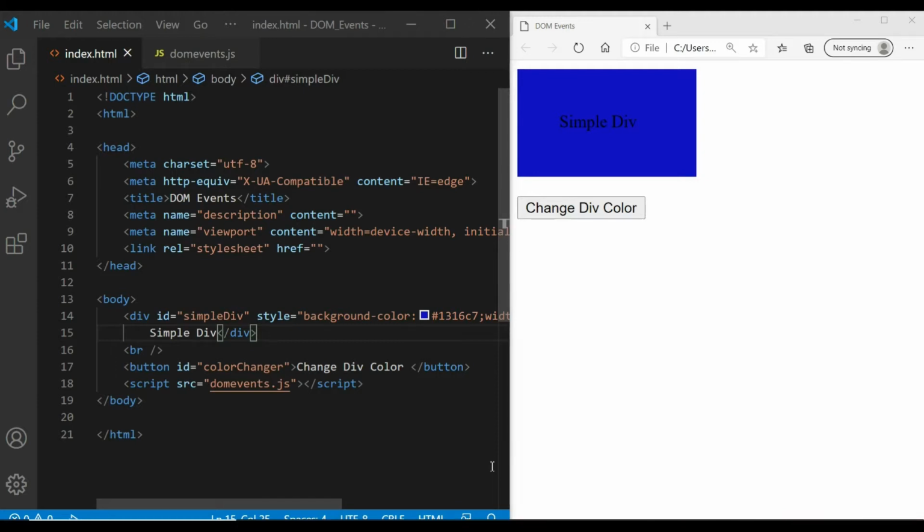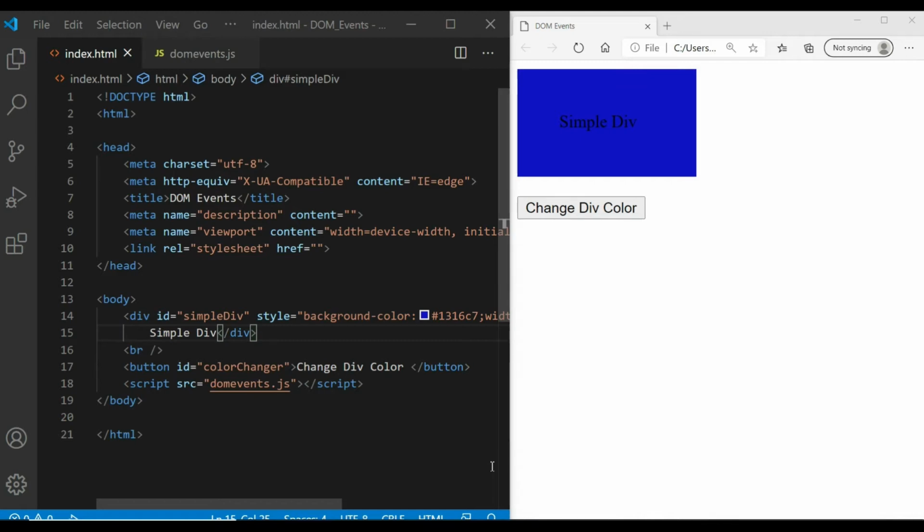So today we're going to learn about multiple events which we can put with the HTML elements to make things interactive. So please watch this video till the end to learn all of that.